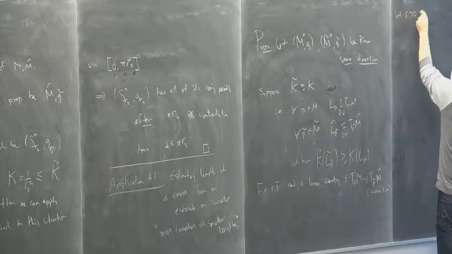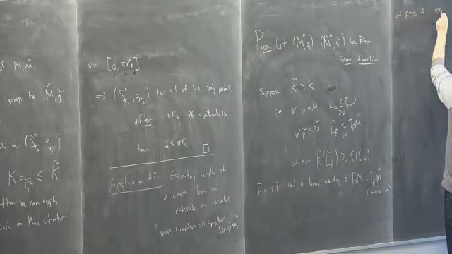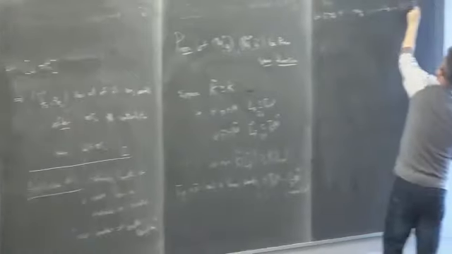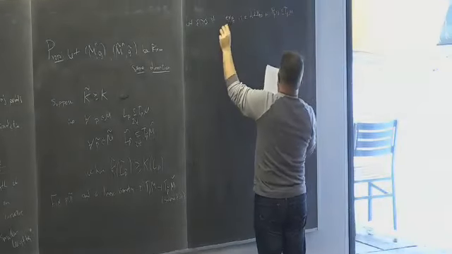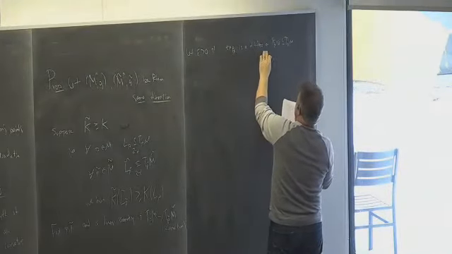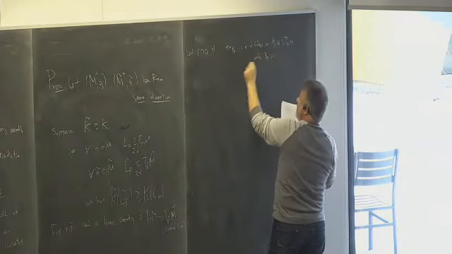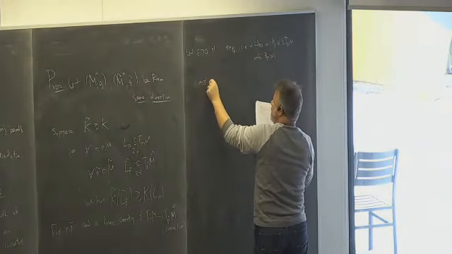Let epsilon be positive such that exp_P is a diffeo on B_epsilon(0) in T_P M onto B_epsilon(P), and such that